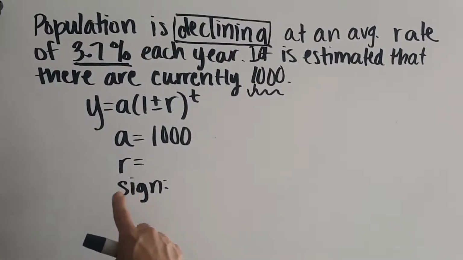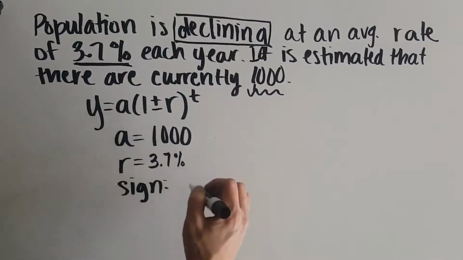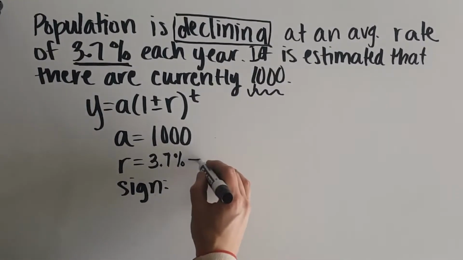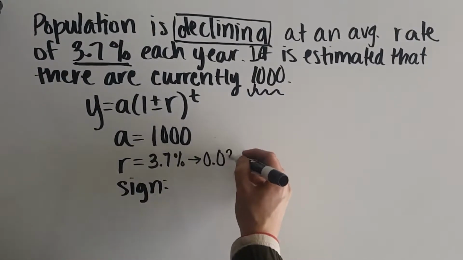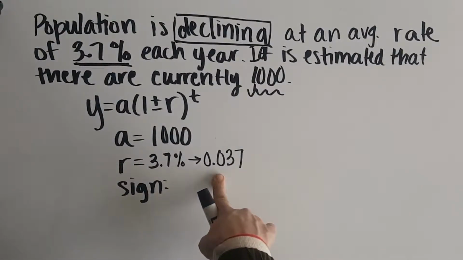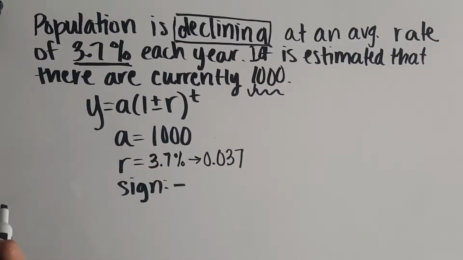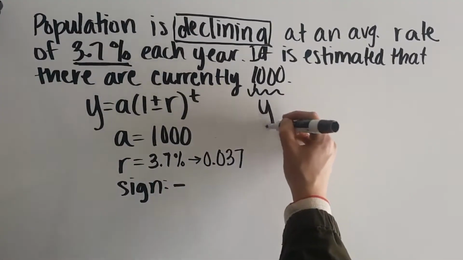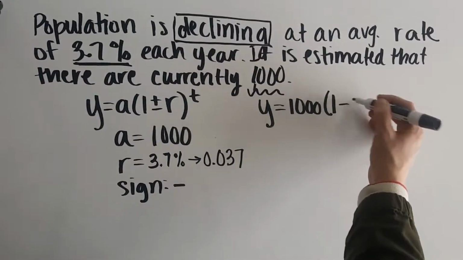The R is my rate, but it has to be as a decimal. So they give me 3.7%. Now remember, I said just because there's a decimal doesn't mean it's in decimal form. To actually turn this into decimal form, I'd have to divide by 100, which would move my decimal point 2 spaces to the left, so 0.037. The sign, because it's declining, would be subtraction. So now we're going to go ahead and substitute this information into our general form. So we get y equals 1,000 times 1 minus